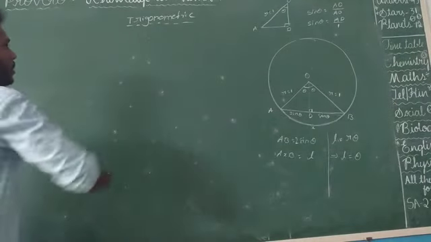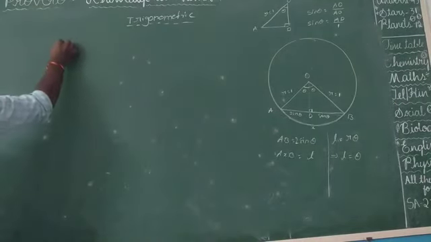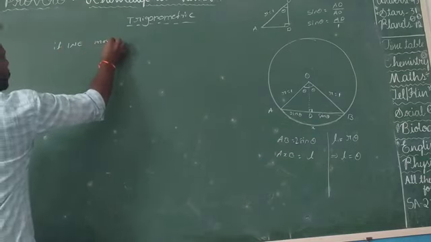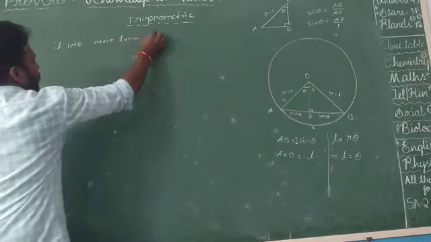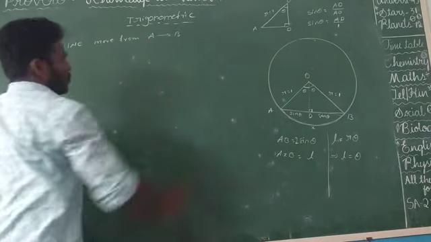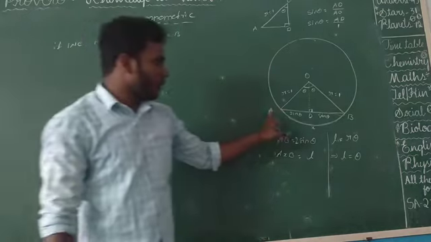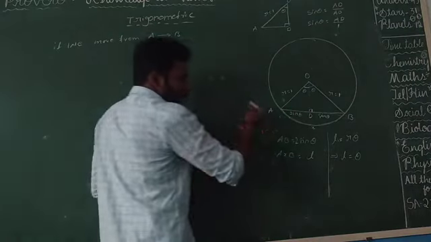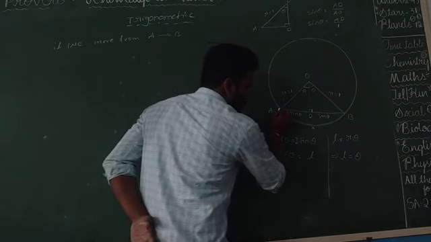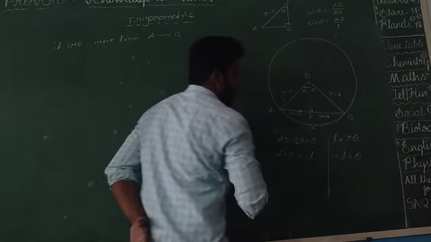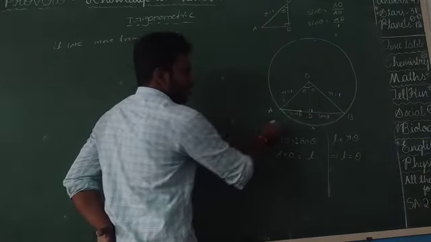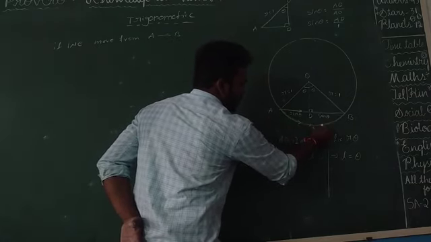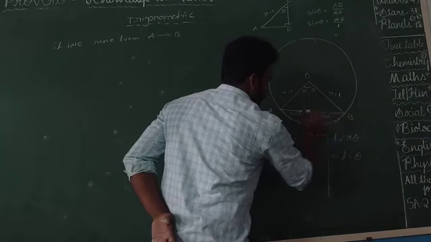Just observe, for example, if we move from A to B, what do we have? If we move from A to B, two things are moving at a time. One particle is moving along the path in the chord direction, and one particle is moving along the path in the arc direction, like this.